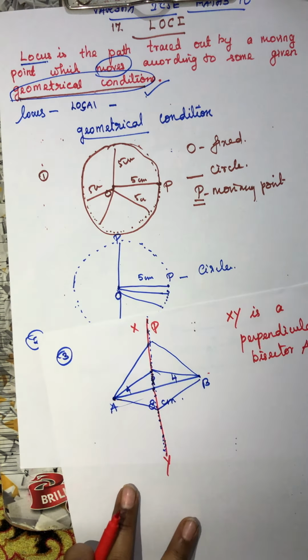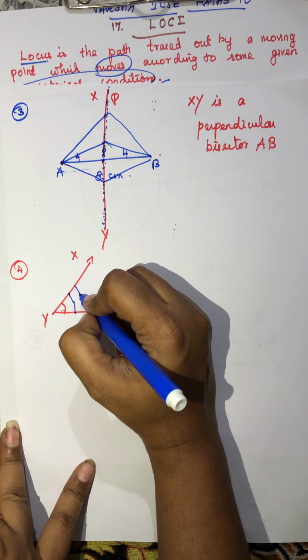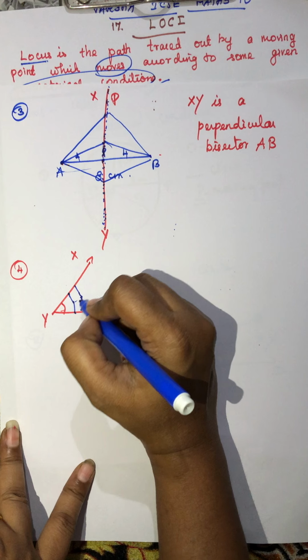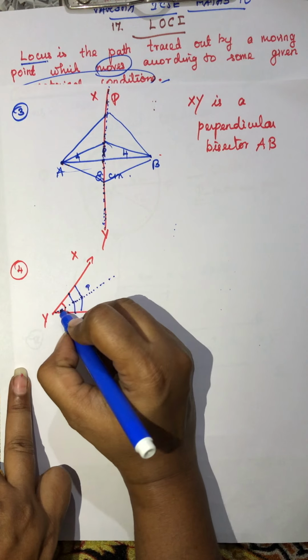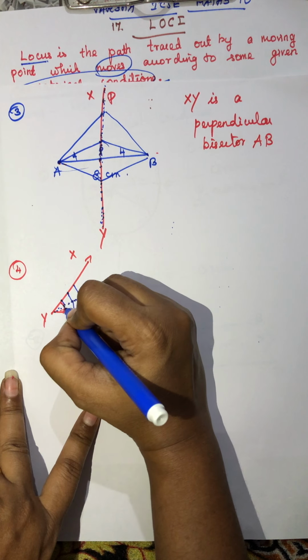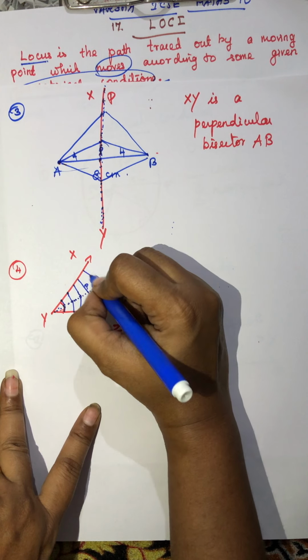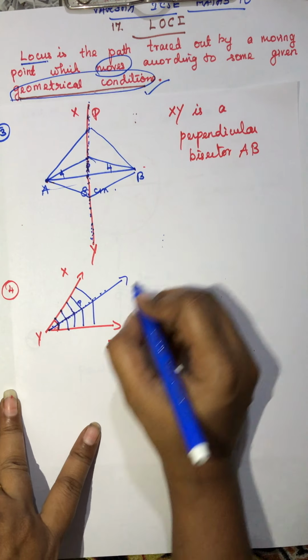Again, if you have an angle, take this angle XYZ. Now we are going to take a point, let me say P, at equal distance from the two lines XY and YZ. It will be here. Again I take an equal distance point. See kids, this is the point P. It is moving according to the condition. What is that condition? The distances from both lines are equal. What do we get finally after joining?